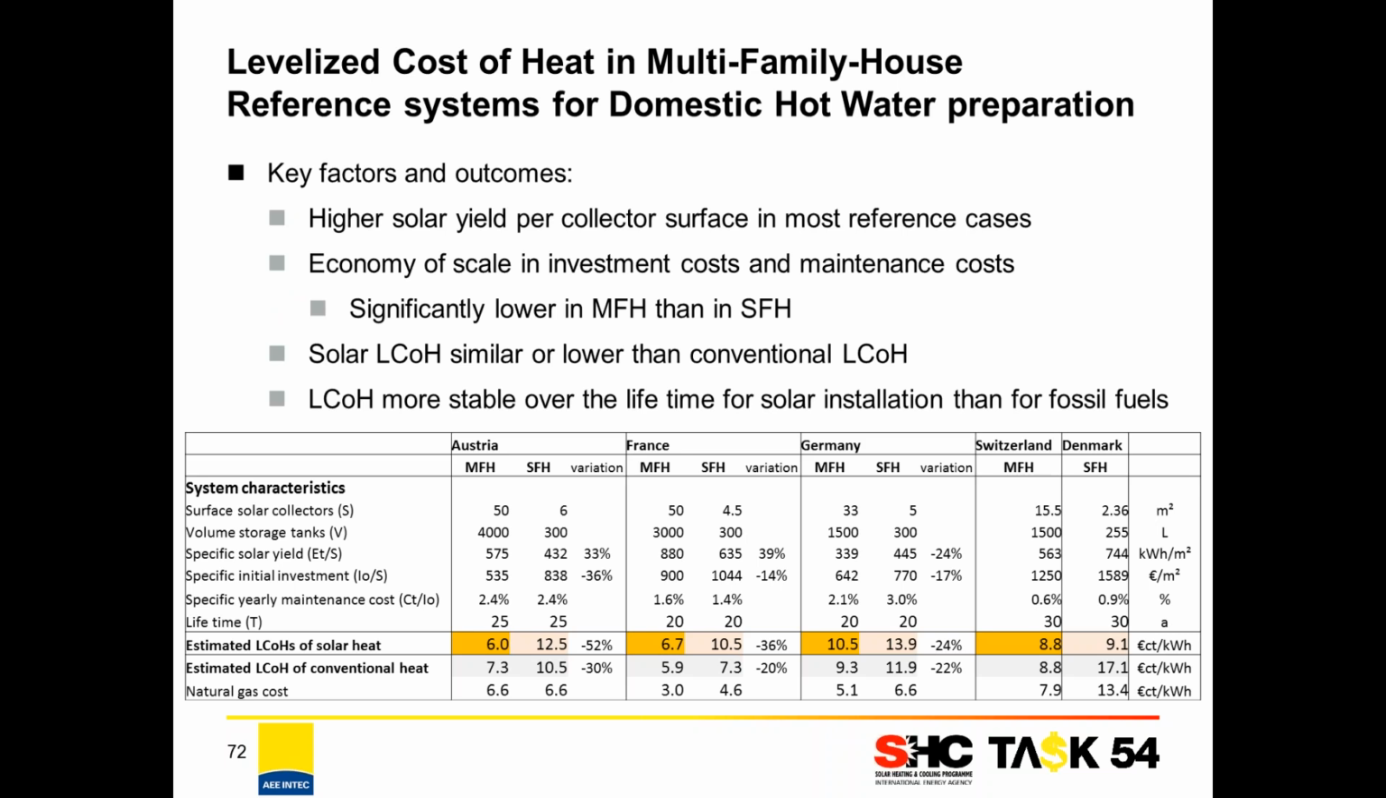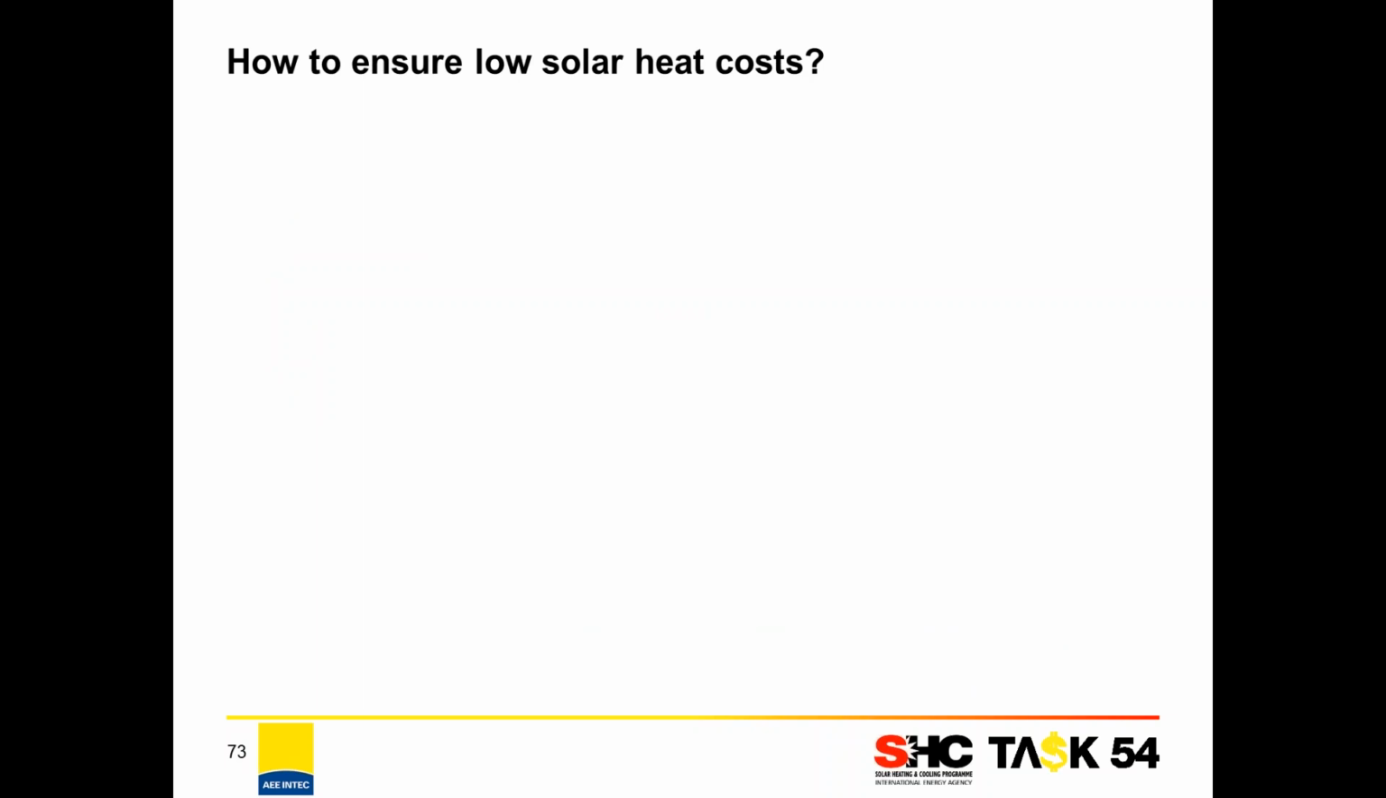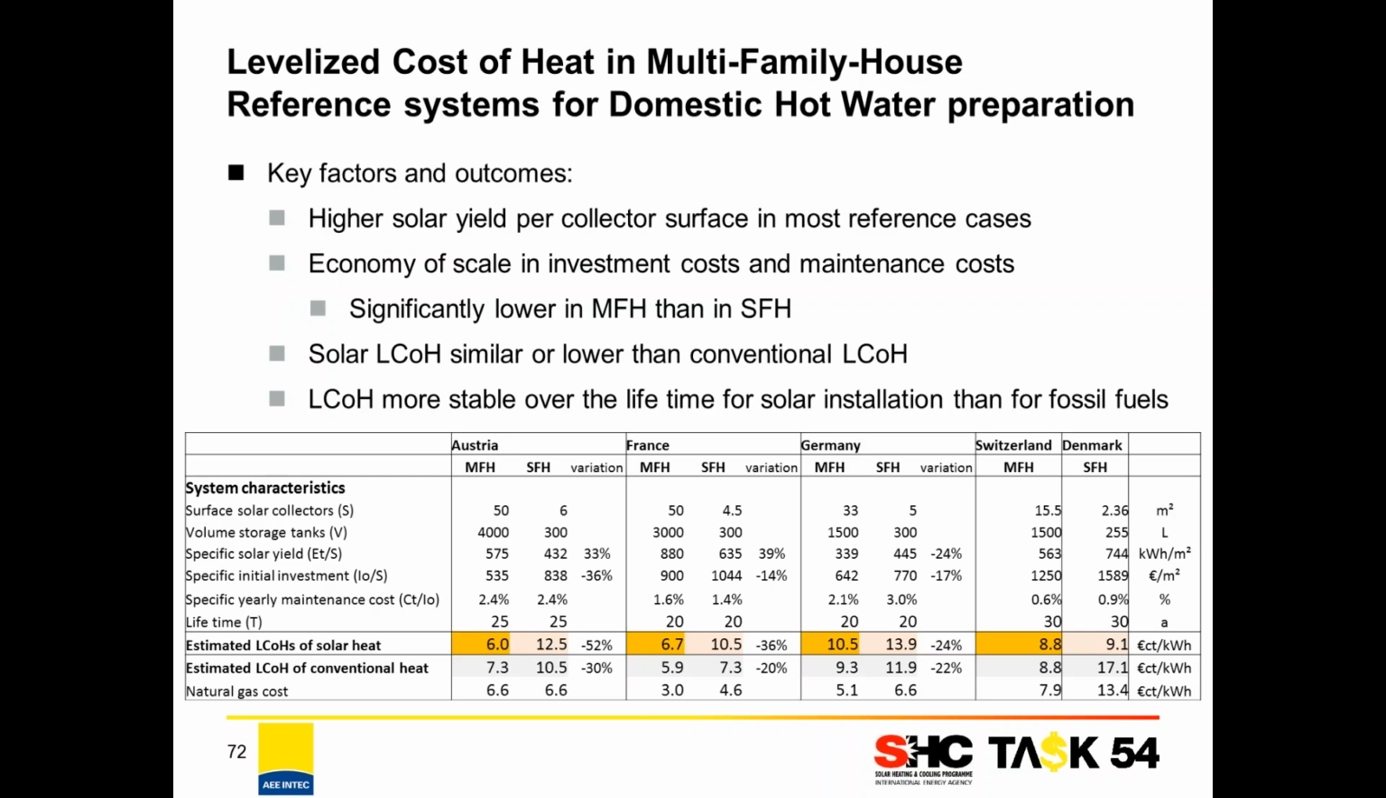Key factors and outcomes of this comparison: we can see the specific solar yield in Austria and France is more than 30% higher in multifamily house in comparison to single-family house, which is good in terms of energy payback time for the system. But it is probably also due to a smaller solar fraction. Concerning the investments, we see an interesting economy of scale, which ranges, depending on the country, from 14 to 36% of the specific investment, and it leads in the end to